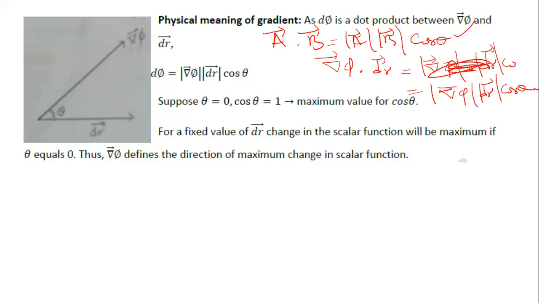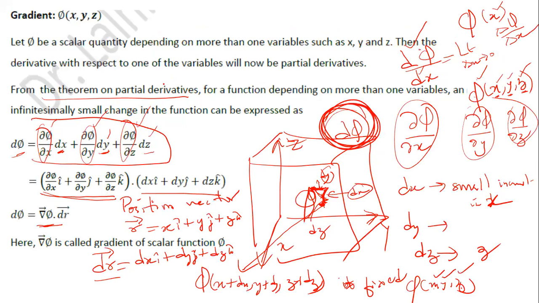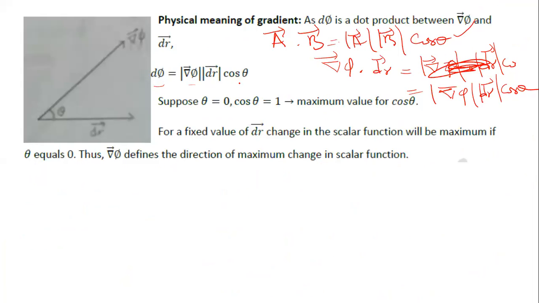So from this relation, if you take a dot product between these two, this is what you're going to get. Now theta is the angle between the grad phi vector and the dr vector. If theta is 0, that means the angle between grad phi and dr is 0, then cos theta is 1. That is the maximum value for cos theta. So for a fixed value of dr, the change in the scalar function d phi will be maximum